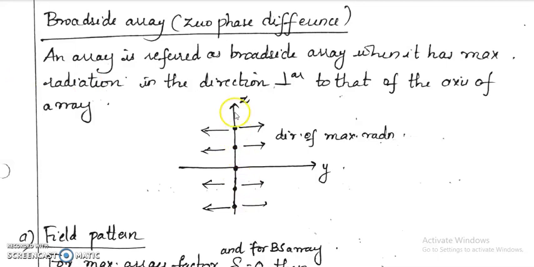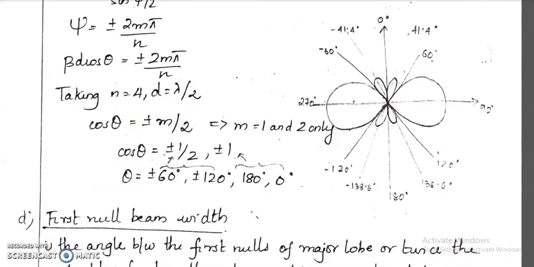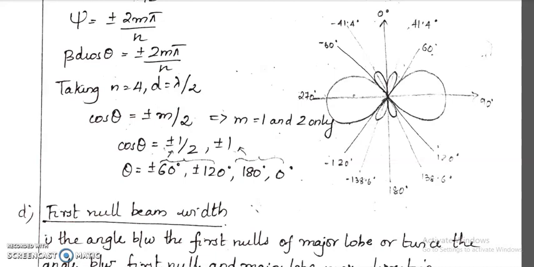Consider that we arrange the antenna elements, that is, the antenna array, along the z axis. So this is the antenna array axis, that is a vertical axis. For a broadside array, its maximum radiation is perpendicular to the array axis, that is along the horizontal direction, that is the axis of the major lobe. We can check the radiation pattern. This is the radiation pattern. When we check this radiation pattern, it is clear that the major lobe axis is along the horizontal line and the array axis is the vertical line. So it is a broadside antenna array.